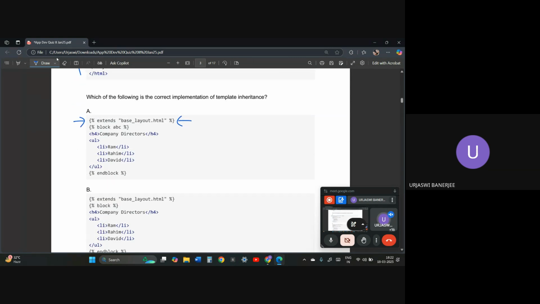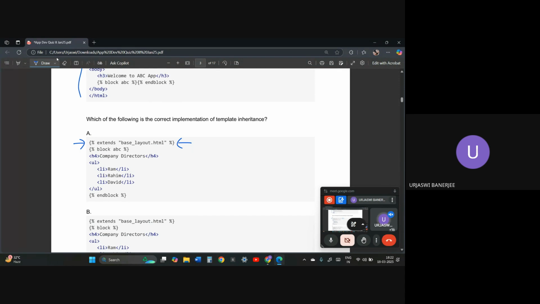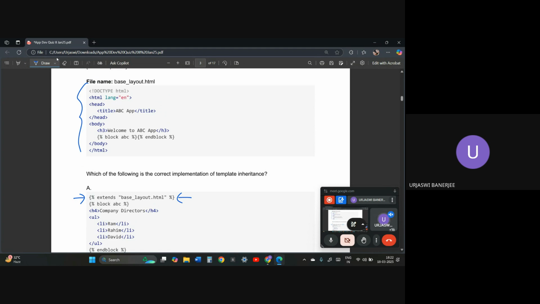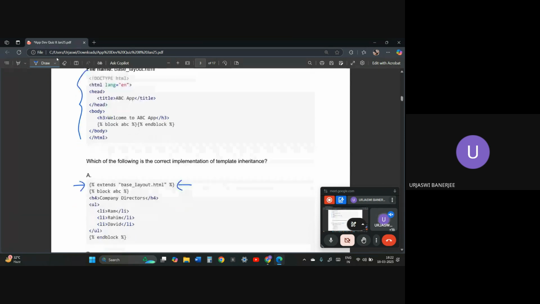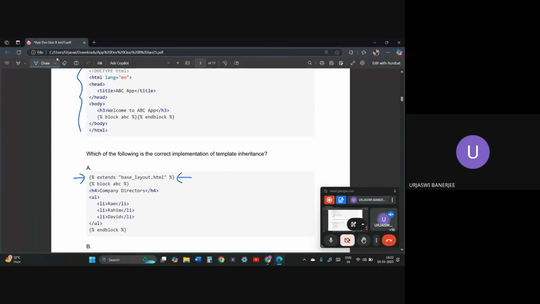Since you are using the extends part, because you are extending the html. What does template inheritance basically do? You have a code in a html file or in a css file, and you want to use that in all of your templates, because it becomes quite difficult to write it again and again in the different html pages. So after that what will you do? You will open the block.